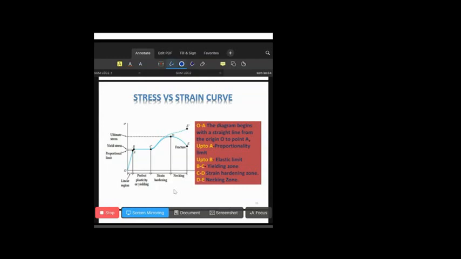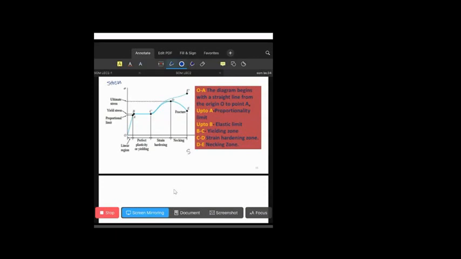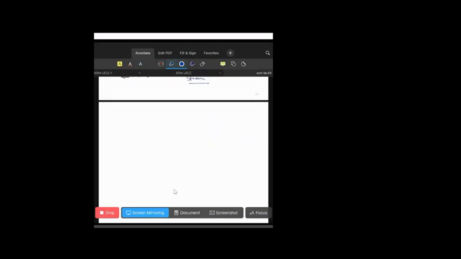So let's start with stress strain diagram. What will be there on y-axis? In the last lecture we ended our lecture with this. What will be there on y-axis? On y-axis there will be a stress. And what will be there on x-axis? There will be strain. Now how this curve is getting plotted, please try to understand. I will take a blank PPT for it.